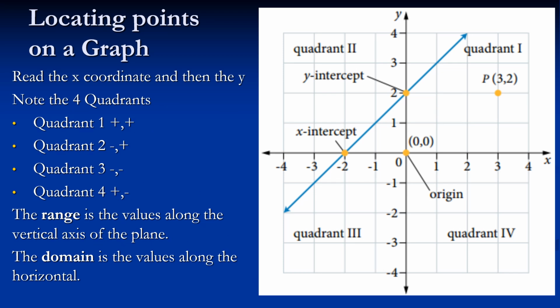So when we have a look at a graph, you'll notice that it has four quadrants. Quadrant 1 has two positive values, so the x and the y values will be positive in quadrant 1. Whereas in quadrant 2 over here, the x value will be